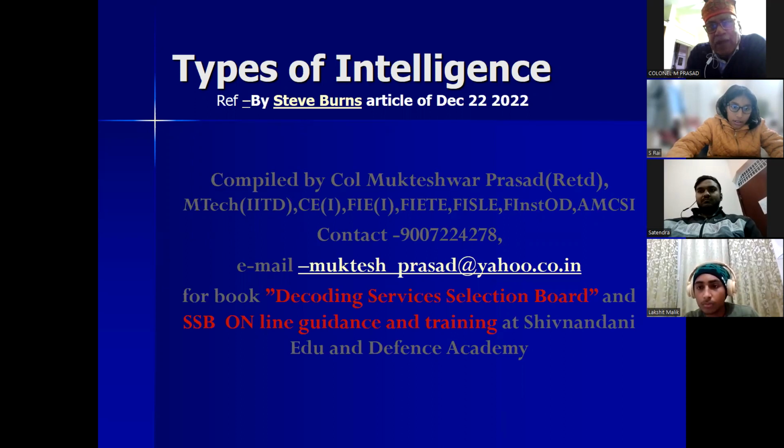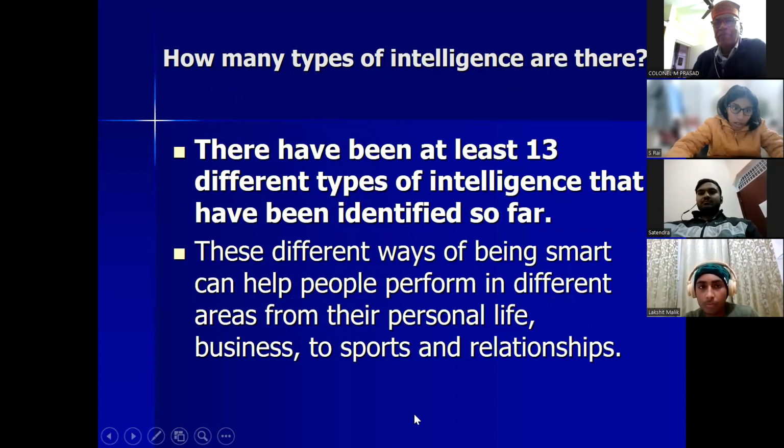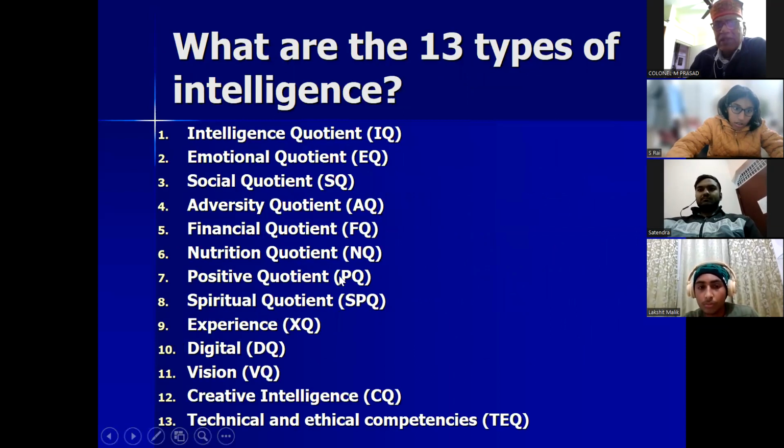But lately, even the definition of intelligence has changed. And today they are talking about 13 types of intelligence. And all these intelligences affect us in day-to-day activities in some form or the other. And these 13 are called intelligence quotient, emotional quotient, social quotient, adversity quotient, financial quotient, nutrition